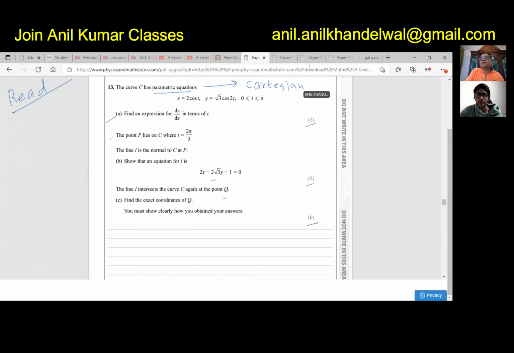Almost always, that will lead to all the solutions easily because you are familiar with the Cartesian equation. So the familiarity helps. Speed as well will come with it. Correct. Speed will come with it. And part B and C easily can be done once you have your Cartesian equation on the side.